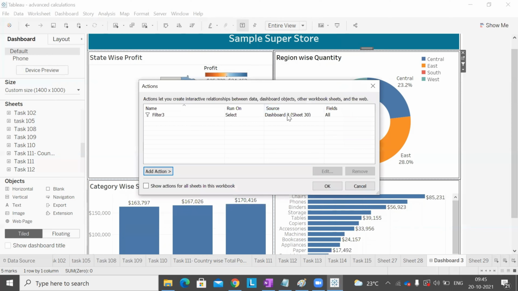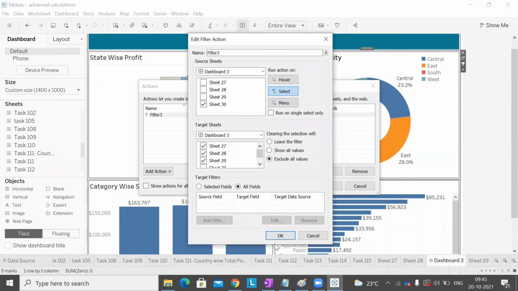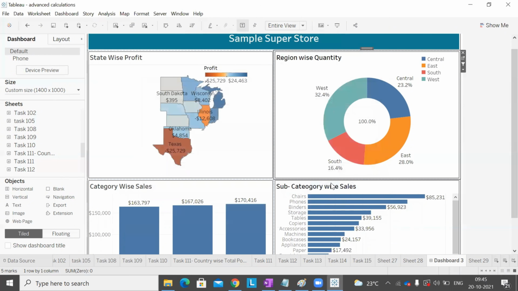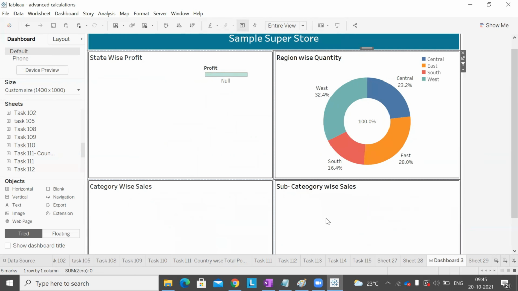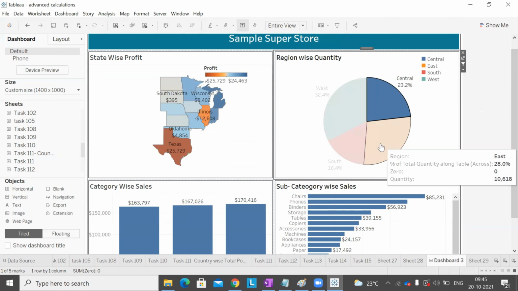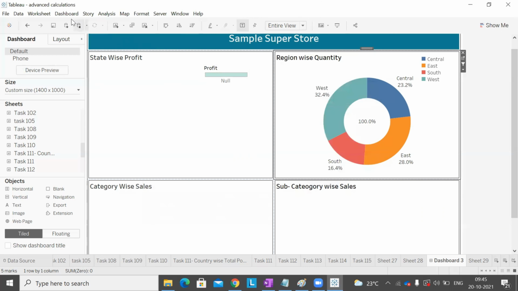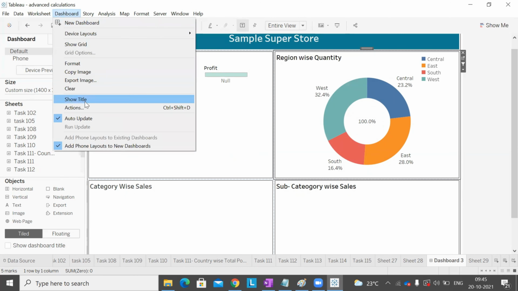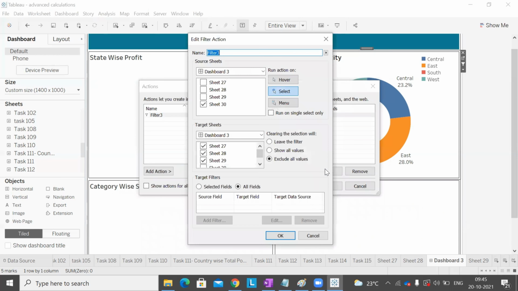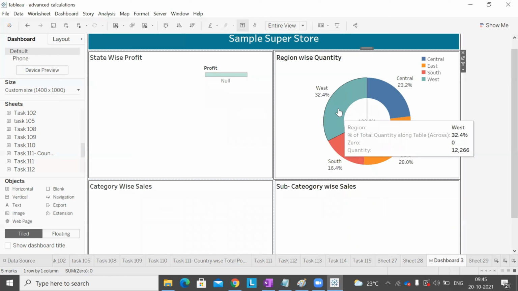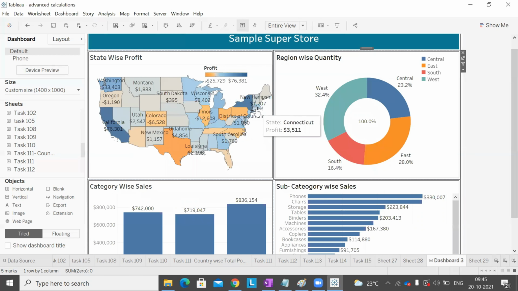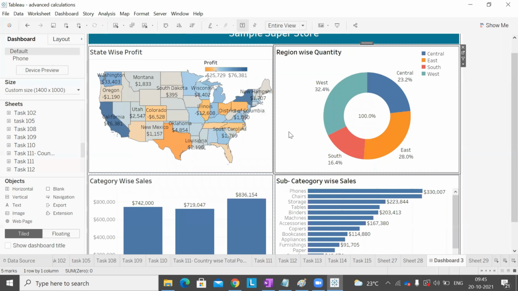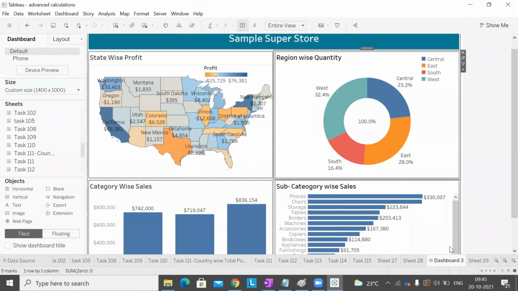So what if I want to use exclude? So I am using this exclude. Click OK. When I click West, it will exclude all the values. South, central, region. If I click exclude, same thing. Actions, edit, and menu. Same thing. Show all values. Select. Click on this menu. So this is called a filter action. So you will have a requirement like this. So when I click on this,